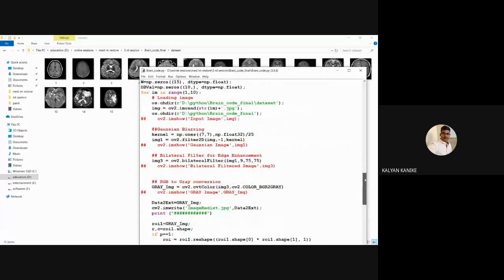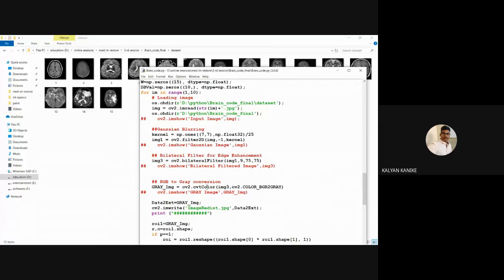First we are applying the Gaussian blur effect and afterwards we are using the bilateral filtering process. This filtering process also comes under the pre-processing methods. After that filtering process, next we are going to use this cvtColor.